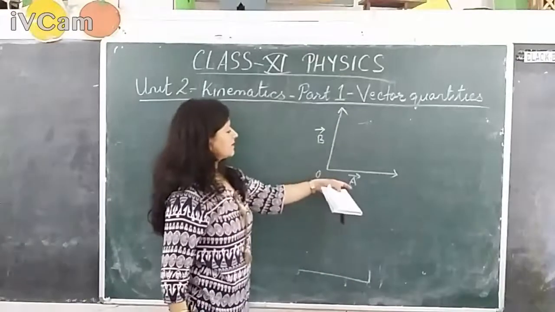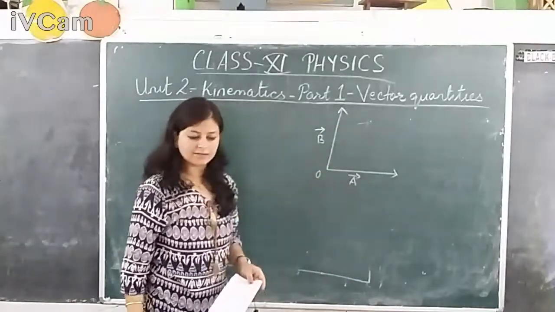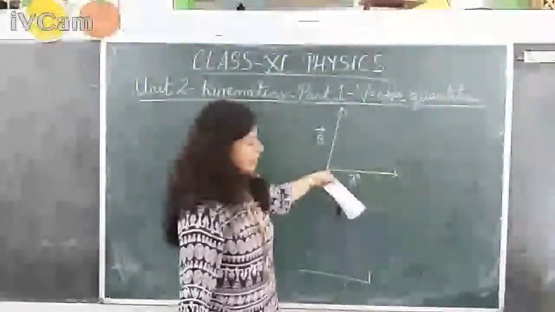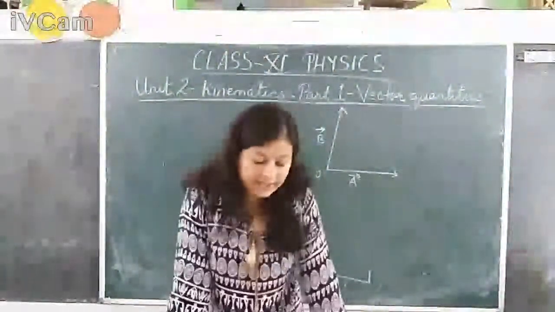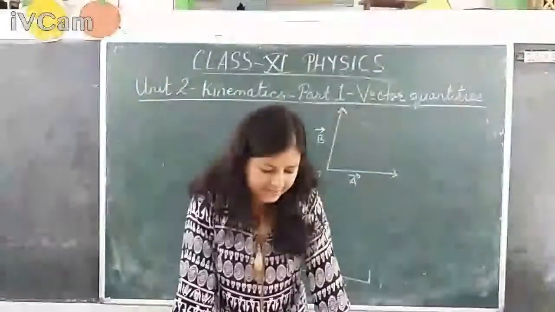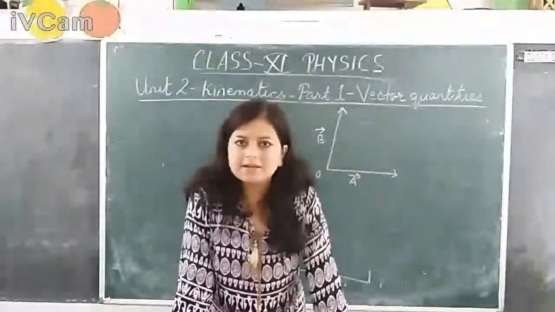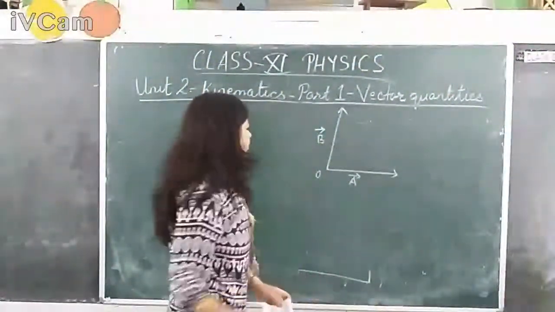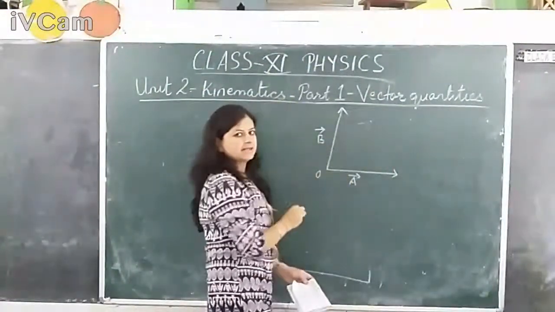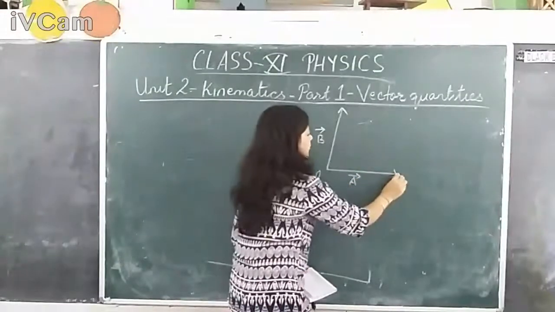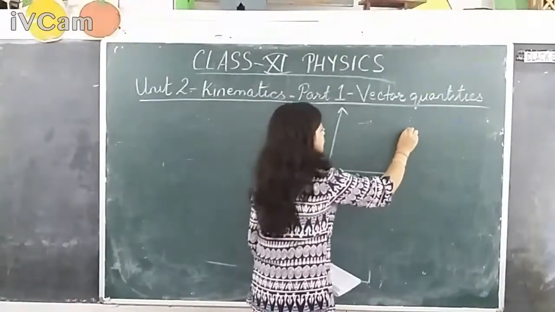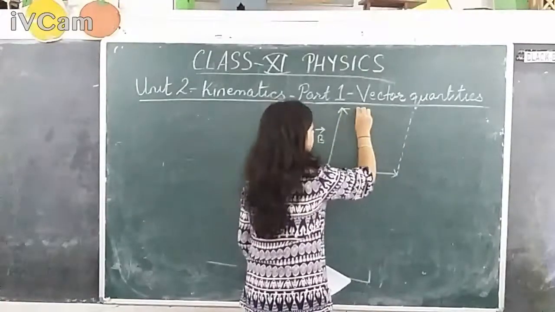Okay, so these two vectors represent the two adjacent sides of a parallelogram, and these two vectors are drawn from a single point O. Then the resultant is represented, in magnitude and direction, by the diagonal of the parallelogram drawn from the same point. So you need to draw a diagonal from the same point, which will give you the resultant. To draw the diagonal, you have to complete this parallelogram. So using broken lines, you may complete the parallelogram.